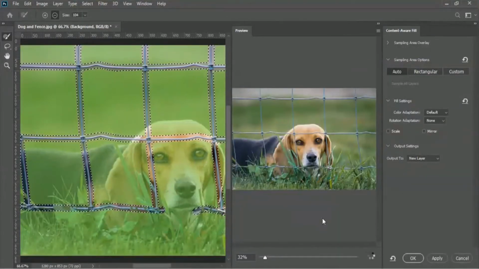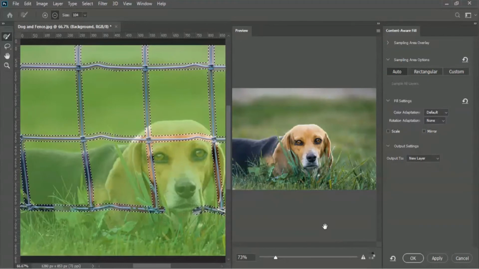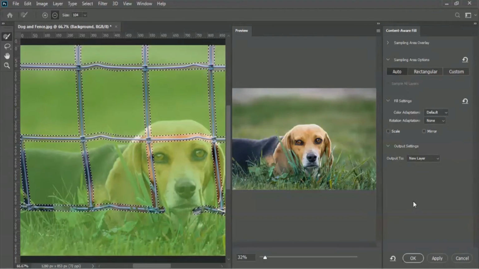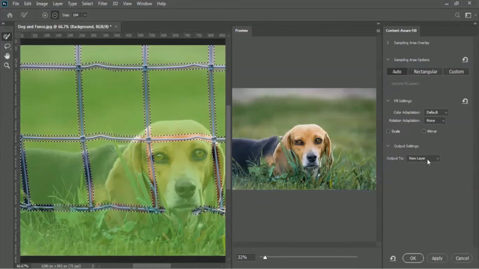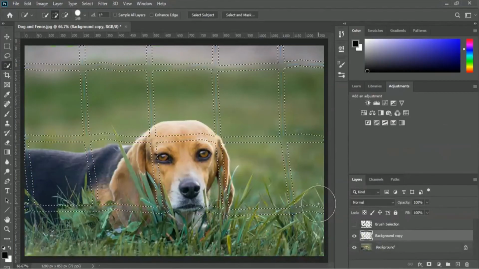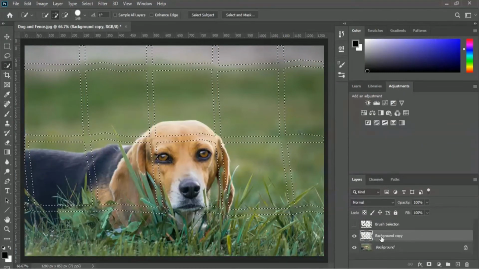You can take a look, the content aware fill option appeared in a new tab, and it's working on here. And here is the magic, you can take a look, the entire fence is gone. Before clicking OK, you have to make sure your output setting is set to new layer. You don't have to select current layer, or use the duplicate layer. Please make sure your output setting is new layer. And right now I will click the OK option, and we can take a look, a new layer is created,